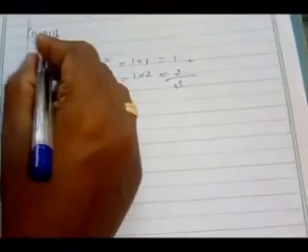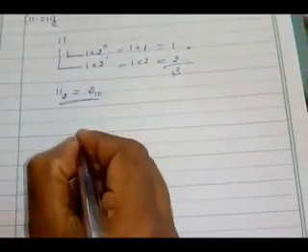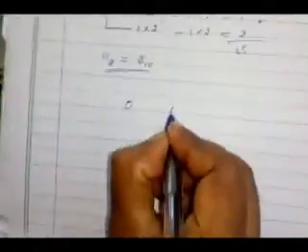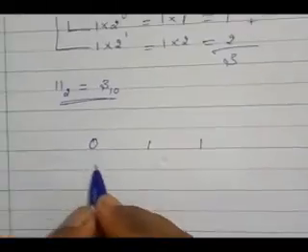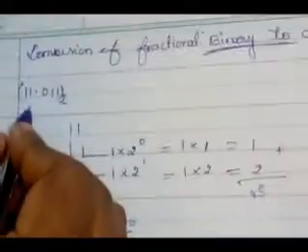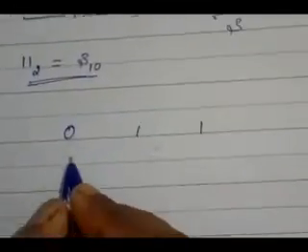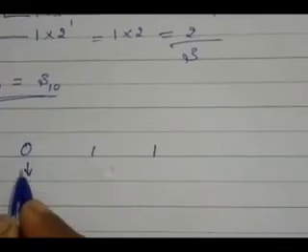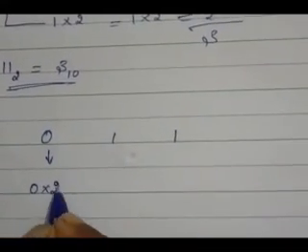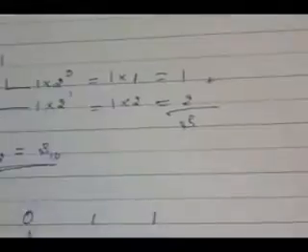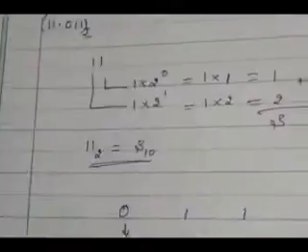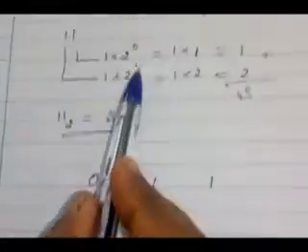Did you get the integer part? We got it. Then we have to take the fractional part. We can draw it like this: 1 1. See here, for the integer part we take from right to left; here we are taking left to right. Then here what is the digit? 0 into 2 power minus 1. Did you understand the difference? In the fractional part you have to take 2 power minus 1, negative values. Here positive values. Then plus the next number.